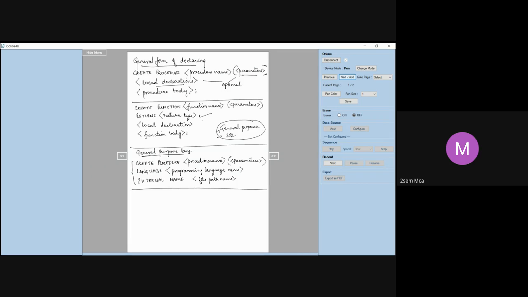Now, we have mentioned this here. Any doubts, any questions? Every time I do something, I am stopping and asking. If you have any doubts, you can ask me. Otherwise, we'll proceed. Any questions, any doubts?